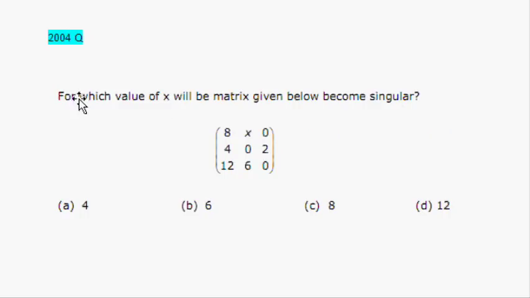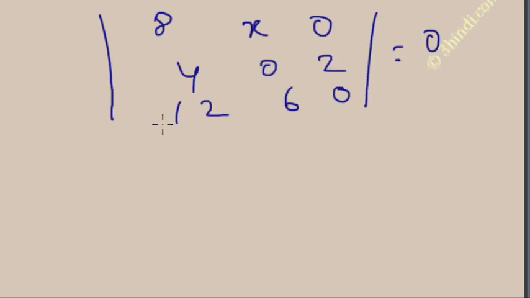This is another question of 2004. For which value of x will the matrix given below become singular? Singular matrix means the determinant is equal to 0. So find the determinant, make it equal to 0, and solve for the values of x. In this column I am expanding across this 2. So it is equal to 2 into,